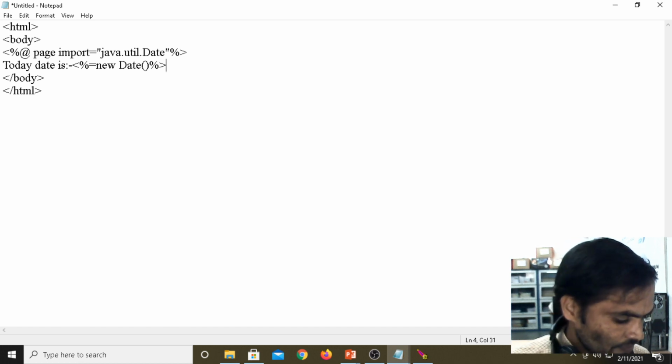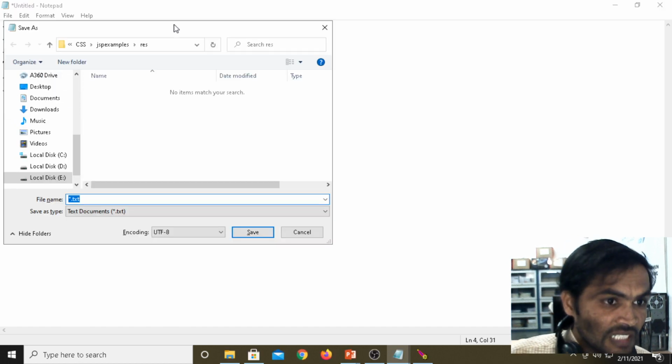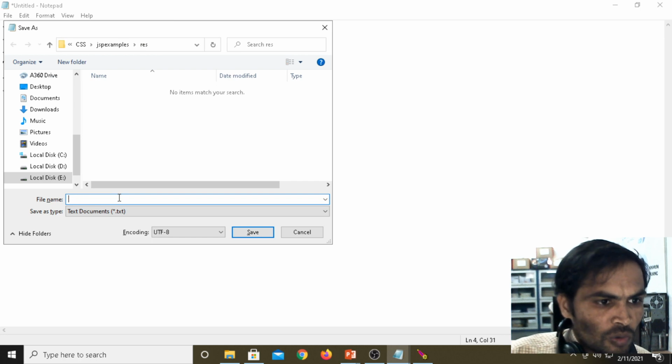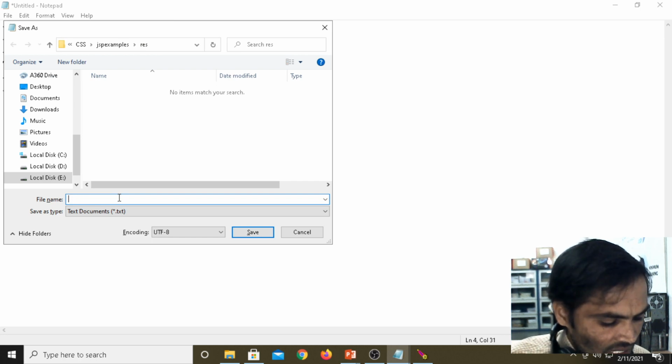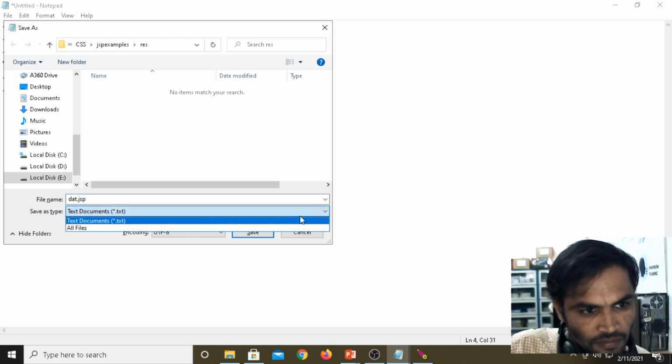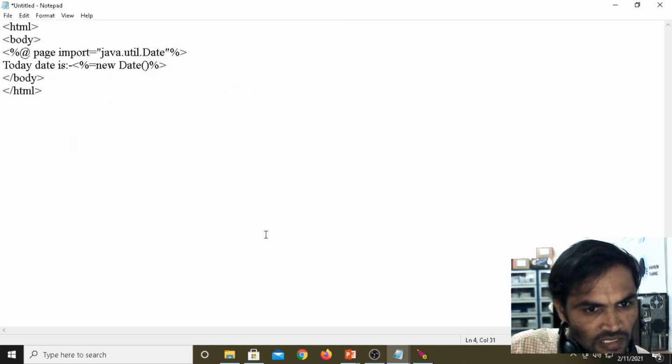Control S, now I am saving under the RES folder. This is the file name I am giving, dat.jsp. All files, save.